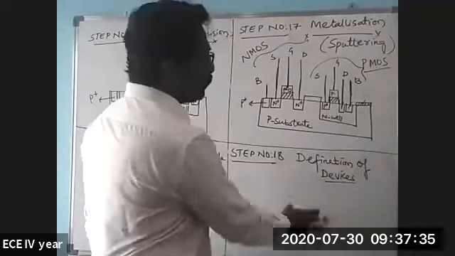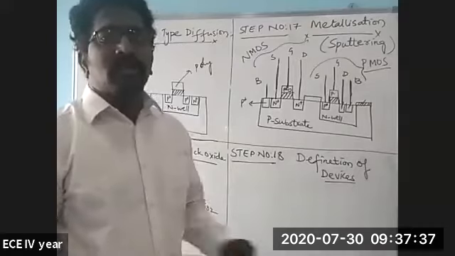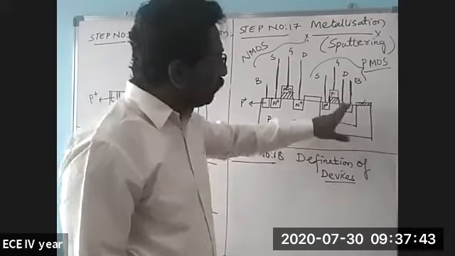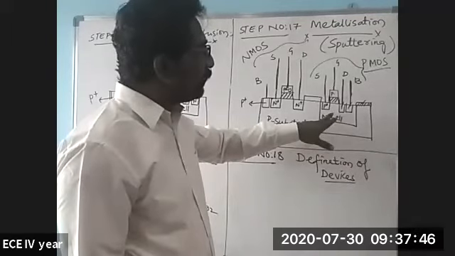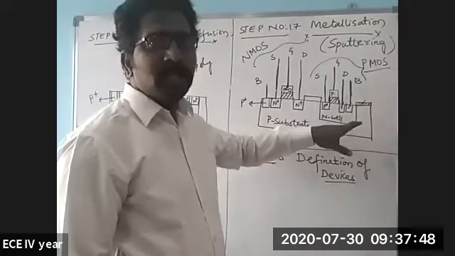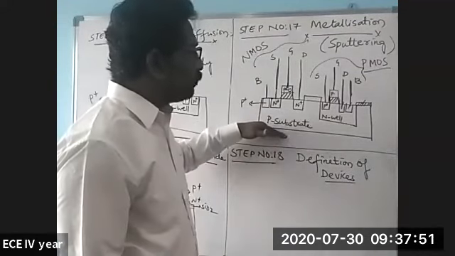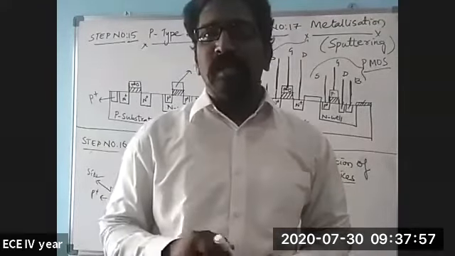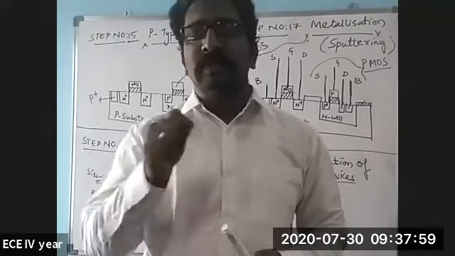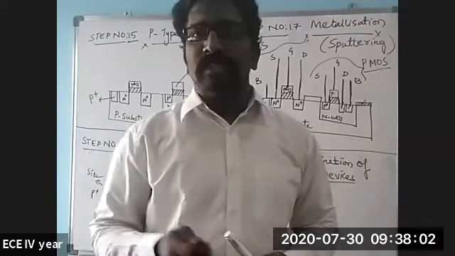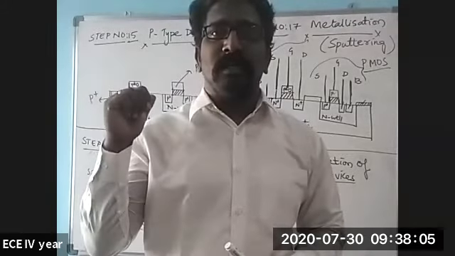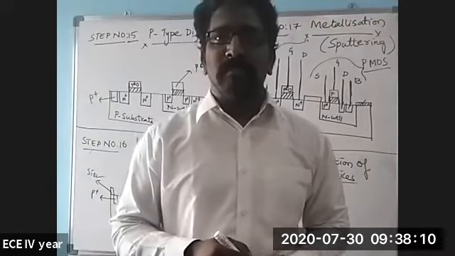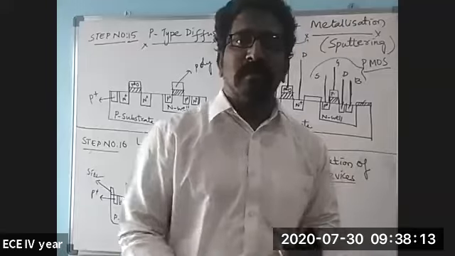So that is how the next step will go on. In the next step, definition of device is nothing else but in the N-well, the four terminals have been formed. These four terminals will indicate the PMOS. PMOS is always formed in the N-well, and NMOS is formed in the P substrate. So this is the process of N-well fabrication, and this N-well fabrication is much more important than the P-well fabrication as per your university course. And definitely this can be one of your important questions for your final examination paper. CMOS N-well fabrication is very important, a long answer question for the final examination paper. So just take it down.